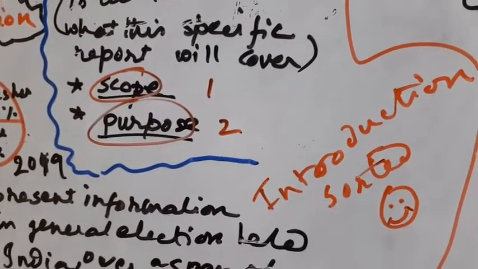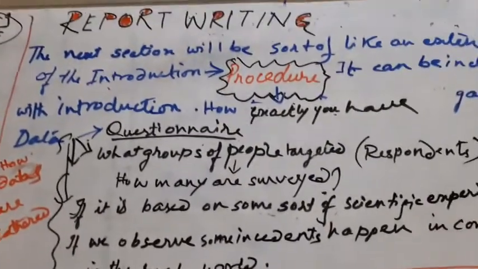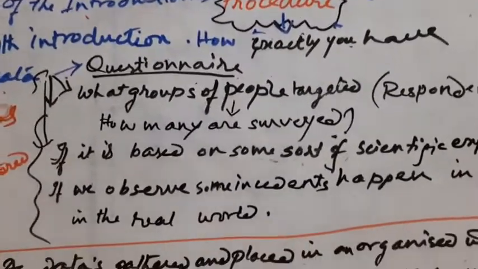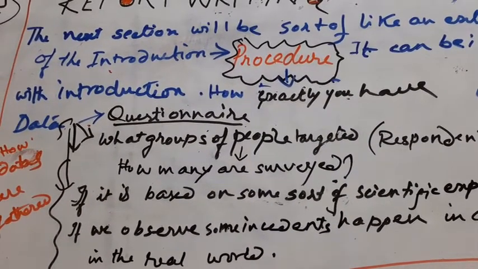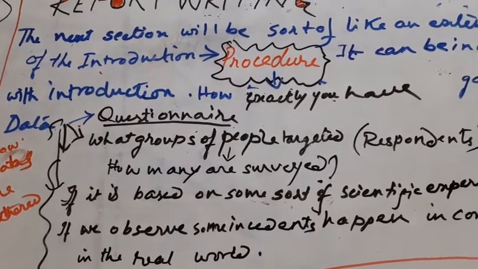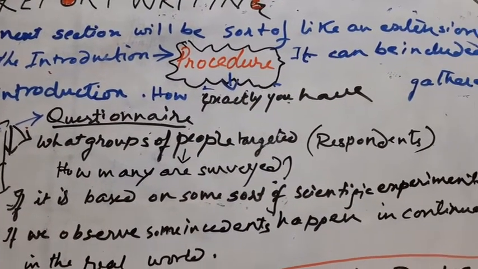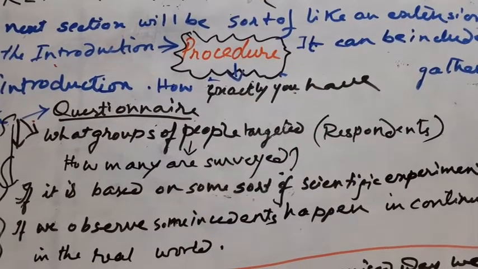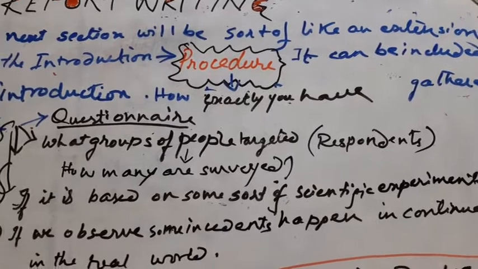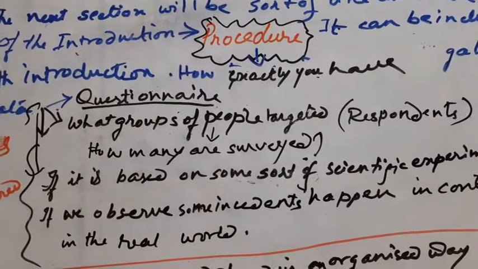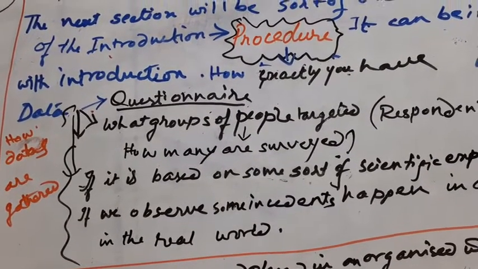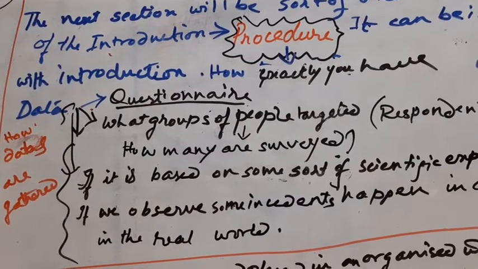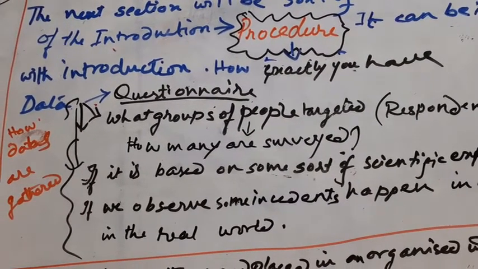So introduction shortened. Fine. Next we will go for the procedure, right? Procedure means the data, whatever is provided. So this procedure is a sort of extension of the introduction, so it can be included in the introduction if you like to do so. Normally, when you personally are doing research work, how you will go about it, this needs the process of